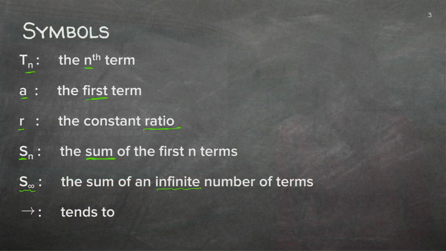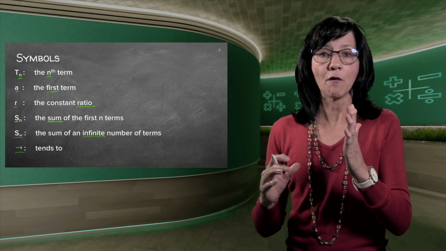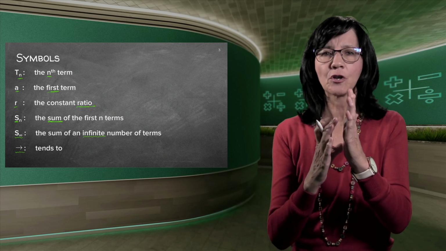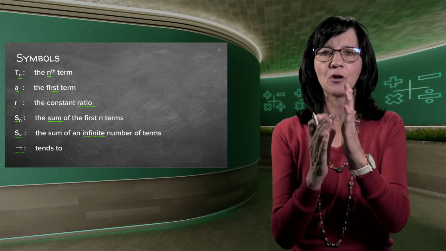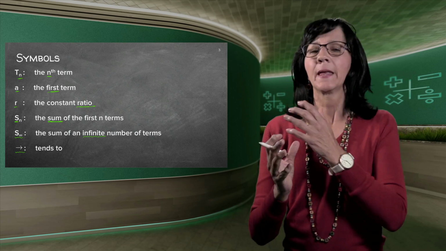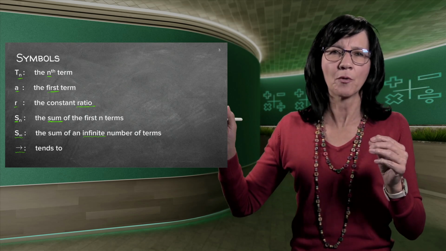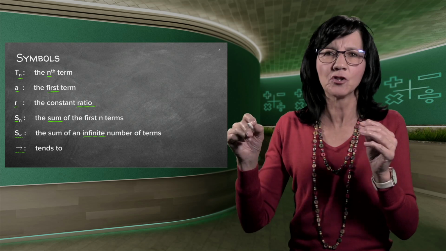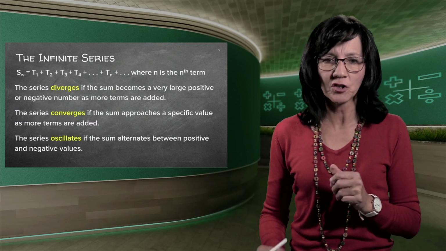And then this little arrow here is very important to know. If you think back to functions that we did, we said in a tan graph, it goes closer and closer and closer to a certain axis, but it never touches. So it tends to go towards that line, but it never touches. It's the same principle. If I add up to infinity, I cannot get a proper answer. It will just tend to be a specific answer. But if we do the examples, it will be much clearer.